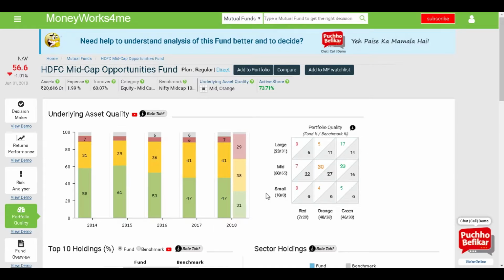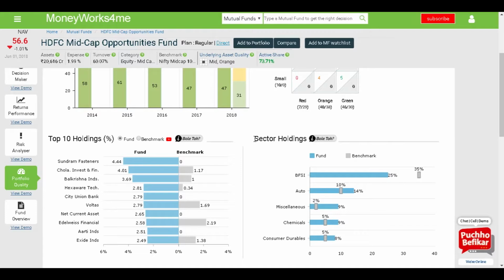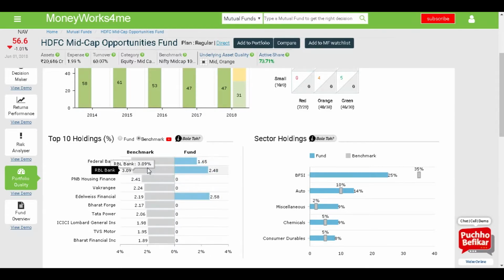Two more important things to see are in the portfolio, what are the top 10 holdings, and here you can see that these are the stocks which are the top 10 holdings, and they are substantially different most of the time from the benchmark. You can see what the benchmark holds as the top 10, and many of these are not in the fund. So these are the decisions that the fund manager has taken,